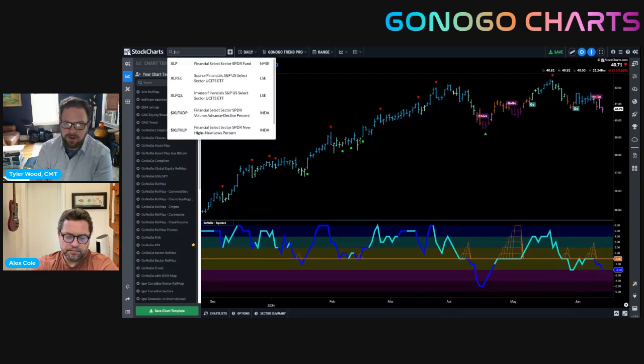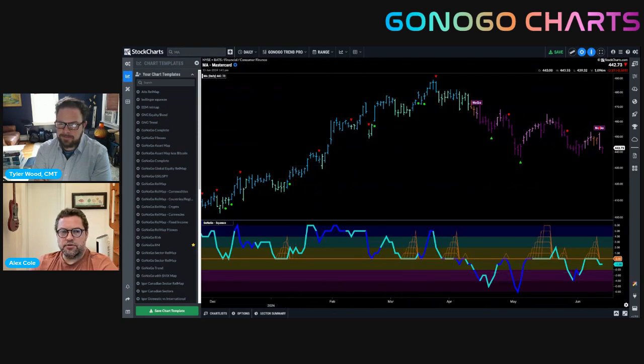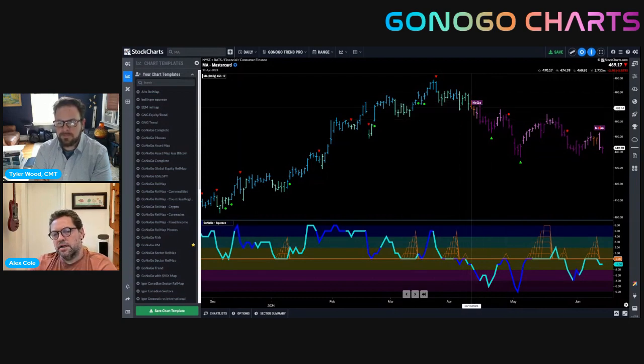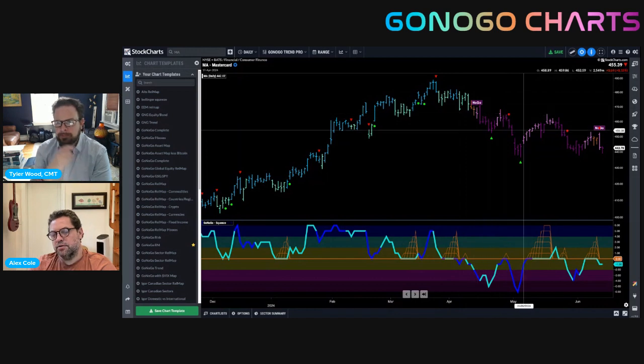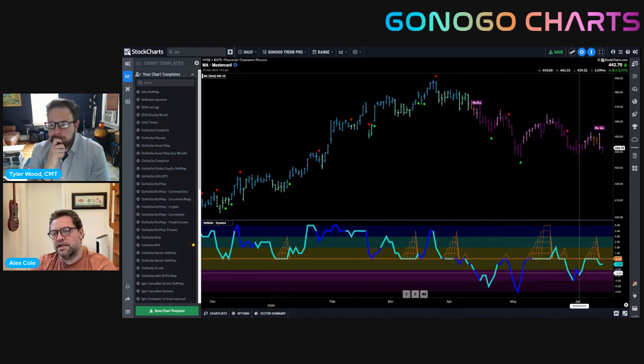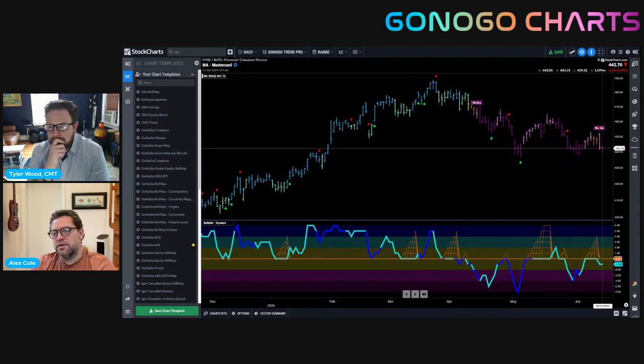Why don't we pull up MasterCard? Yeah, MasterCard has been struggling for a little bit longer than the rest of its sector. So we saw a really good, strong trend. We talked about how these sectors were dominating for a while, but then they rolled over in terms of relative performance. Well, MasterCard rolled over in terms of absolute performance as well a couple of months ago now, and we're seeing that no-go continue. We saw some uncertainty as the oscillator rode the zero line earlier this week, but the trend has been reconfirmed, and we see a strong no-go bar today with the oscillator back in negative territory.